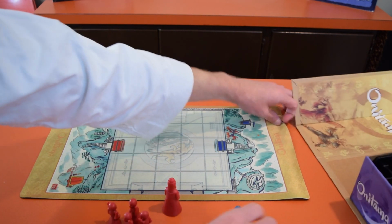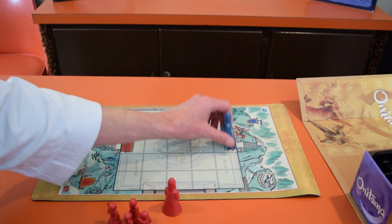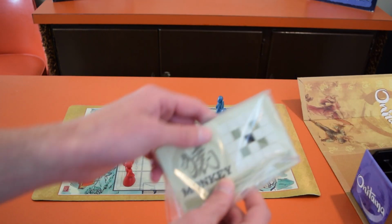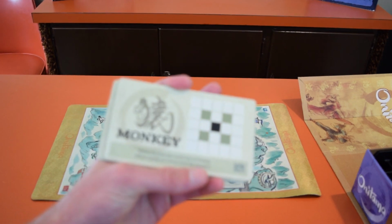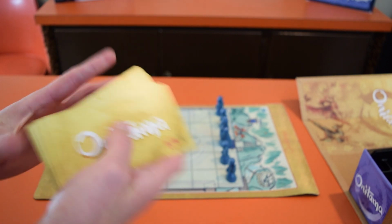So in the game, each player is going to put their leader in the middle and their other guys to the side, like that. You have a deck of cards, and the cards have different animals on them and a movement. So these are what you're going to use to basically move and do everything in the game. So you shuffle those up,